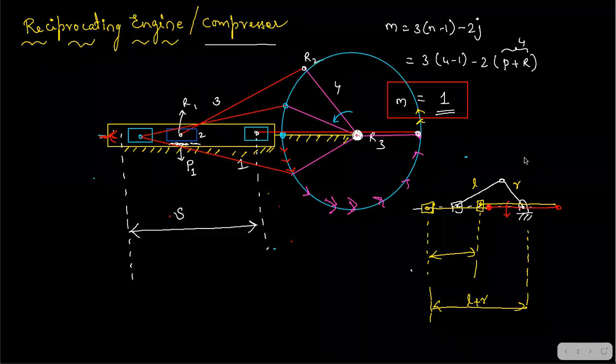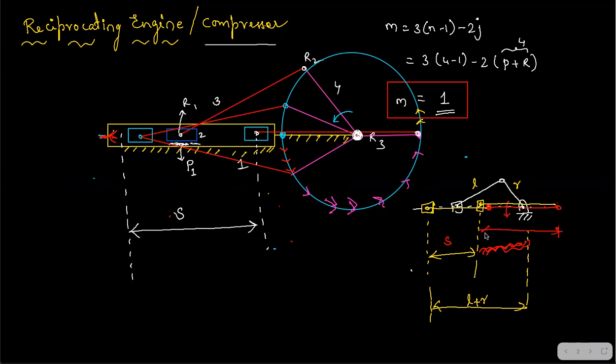Just see. Here, L plus R minus this, can I get the stroke length? Yes. What is the minus of this? This length. The piston is here, the piston's next extreme position. So the total length from here to here is L, because the length of the yellow link is overlapping on that side. And then from here to here, this length is R.